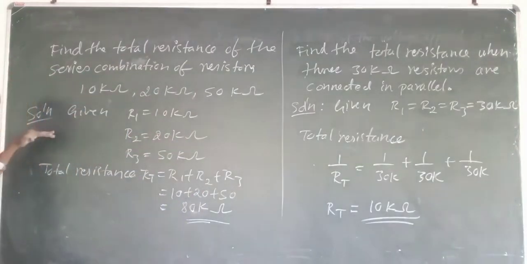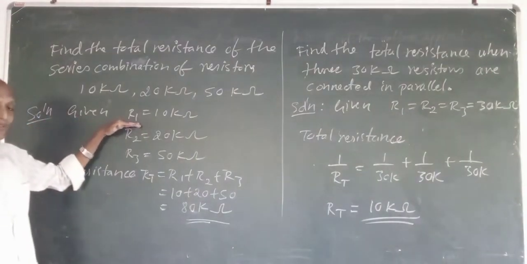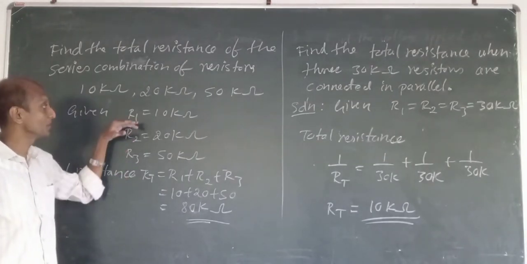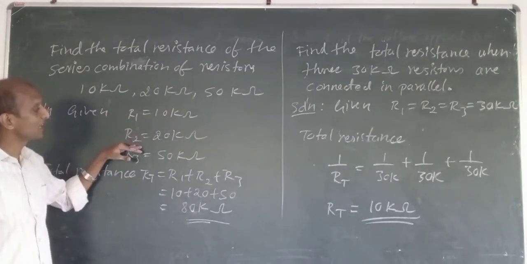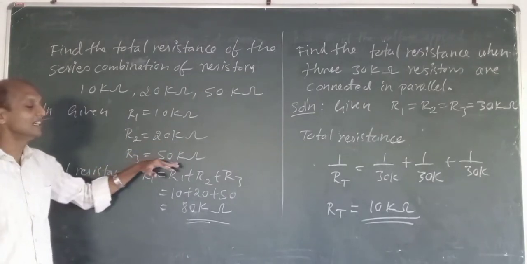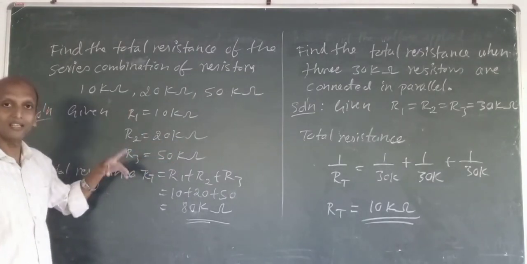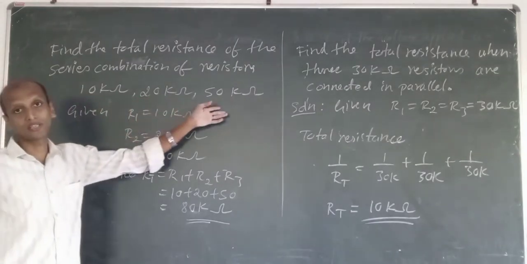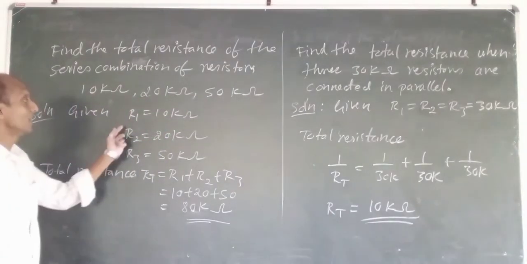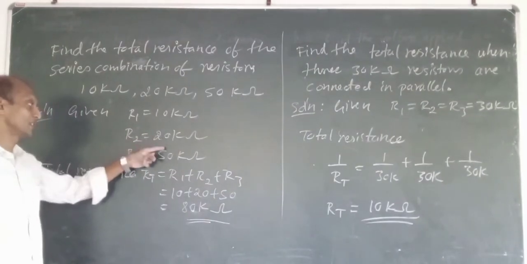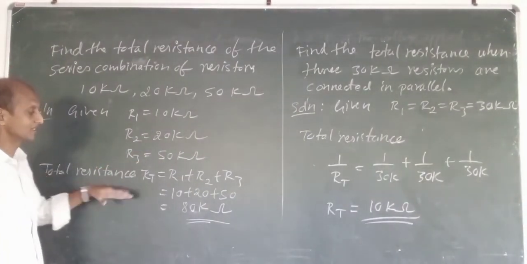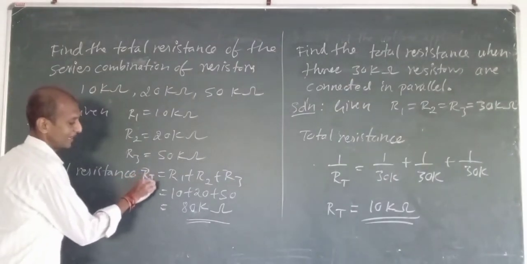Okay, so we can go for the solution. Given R1, we can name the resistors R1, R2 and R3. R1 is 10 kilo ohms, R2 is 20 kilo ohms, R3 is 50 kilo ohms. You can take them in any manner. Okay, so you can take this as R3, this is R2, this is R1, no problem. So R1 is equal to 10 kilo ohms, R2 is equal to 20 kilo ohms, R3 is equal to 50 kilo ohms. I have taken these, and to calculate total resistance, we know that total resistance RT is equal to